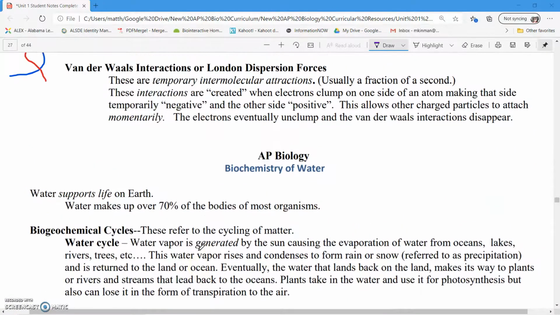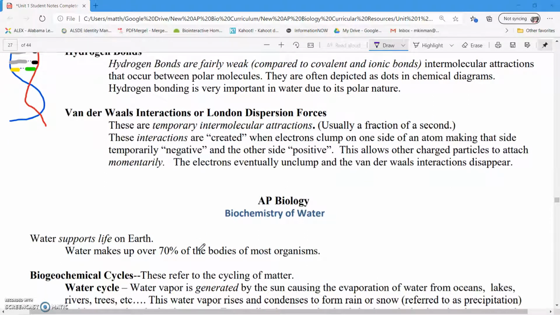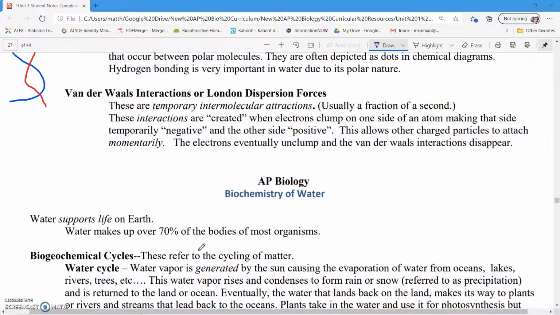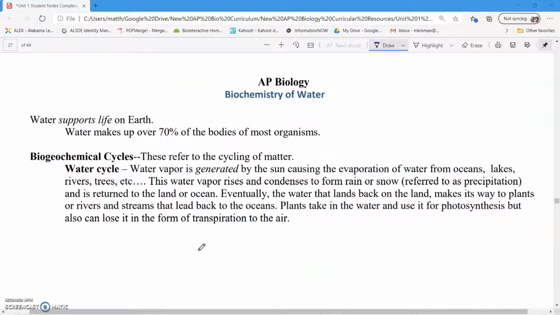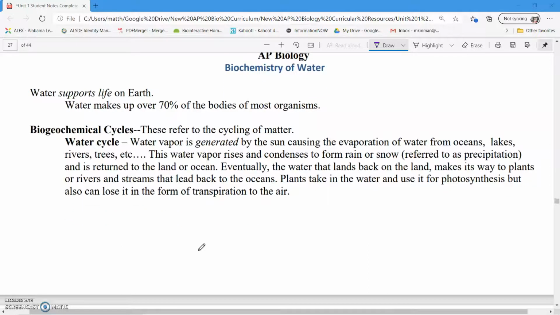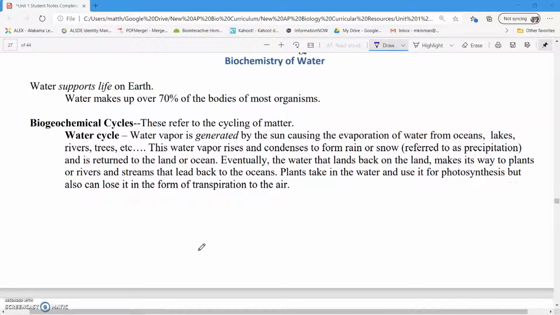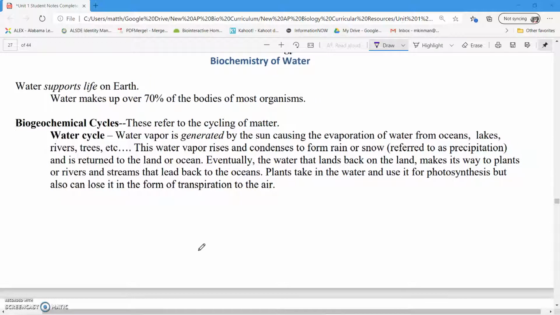All right, so notice I'm going to skip over the van der Waals attractions or London dispersion forces. Not very significant for what we're going to cover. So I'm going to go ahead and jump into the biochemistry of water. Water supports life on Earth. Water makes up 70% of the bodies of most organisms. It's like I said in the previous video, without water, most life could not exist for more than just one